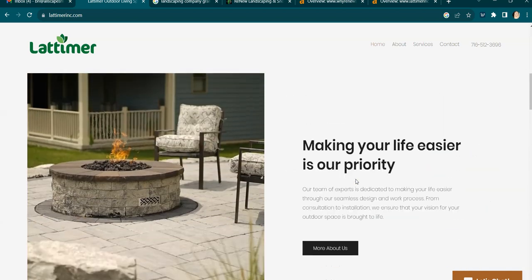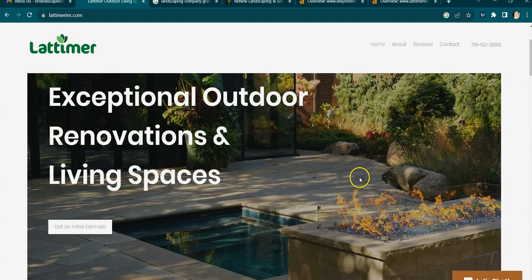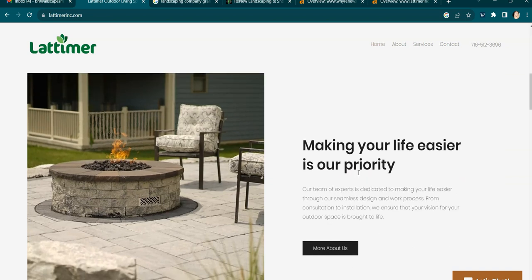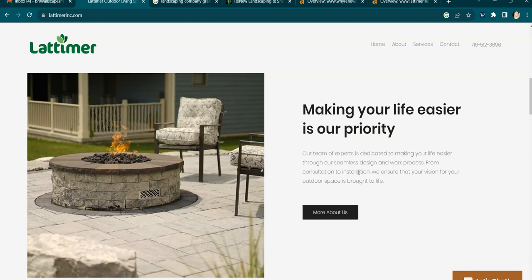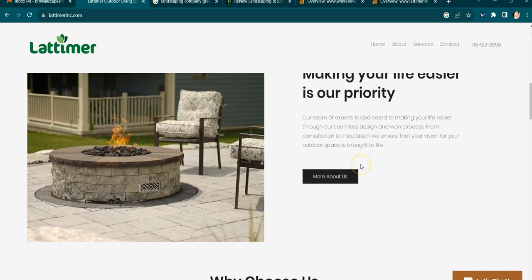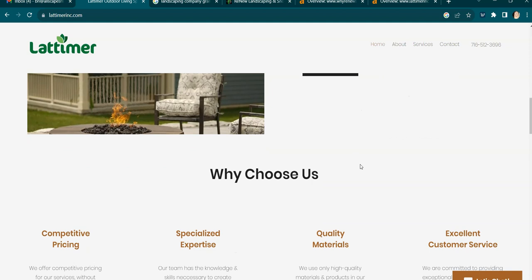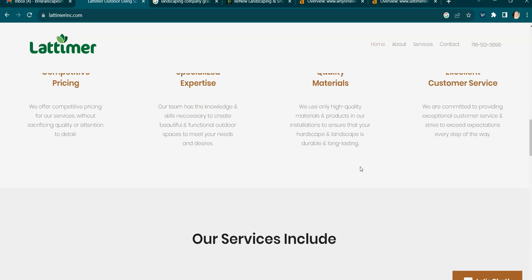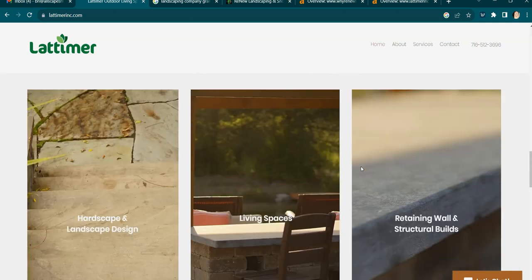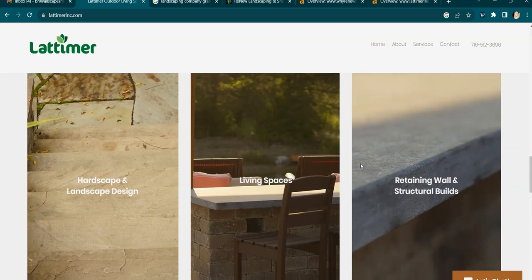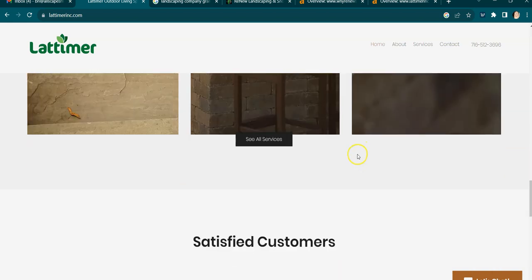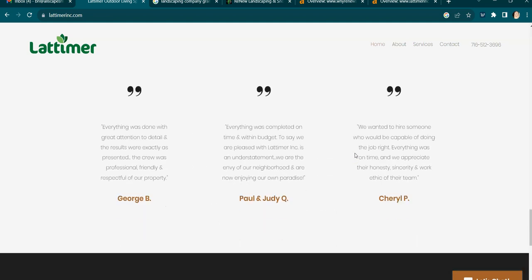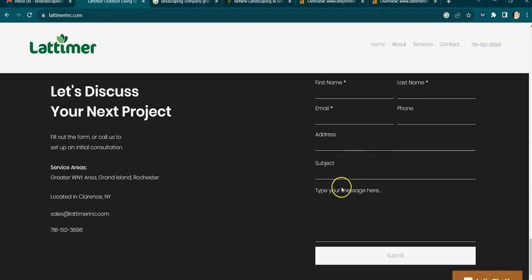The other big thing I'm seeing here is there's hardly any content on this page. And Google really likes to see about a minimum of 1,500 words on your homepage, and this is for two reasons. So the first reason is that they have these crawlers that come through and they're reading the content. They're trying to figure out what areas you serve and what services you offer. The more content you have on here, the more you're going to look like an expert in Google's eyes. In addition to that, you want to beat out your competitors. So if your competitors had about 1,000 words, then you would want to have about 1,500 words, etc.